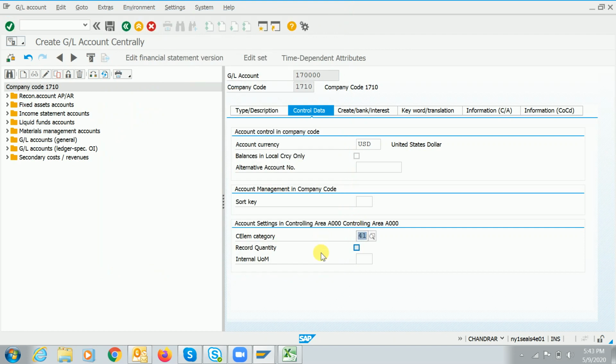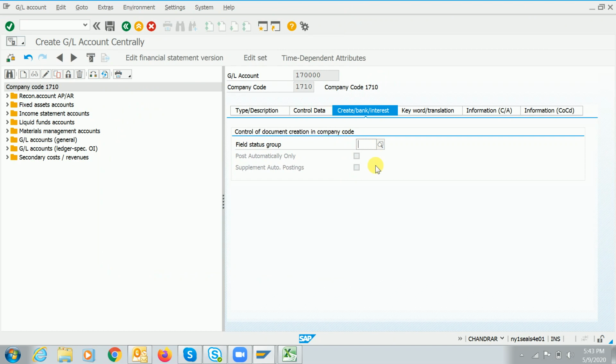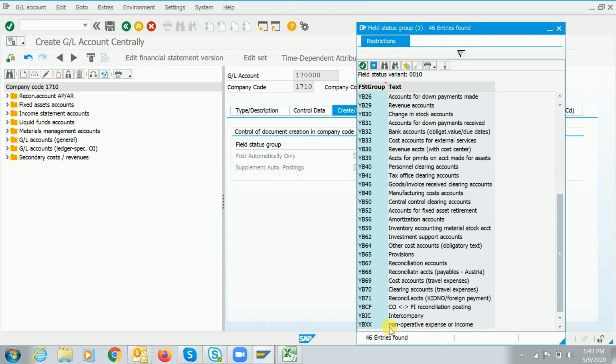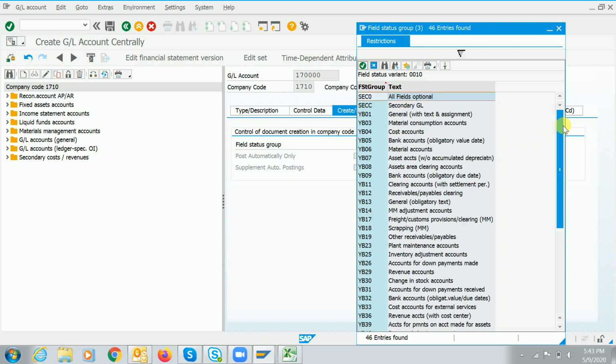You have to pick this, and if you go into the credits here, take the drop down, scroll it down. Here we have the secondary cost elements. We have one field status group for the secondary one, guys. Secondary, sorry, on the top itself.